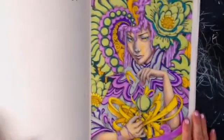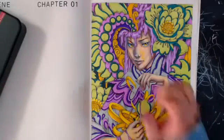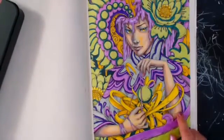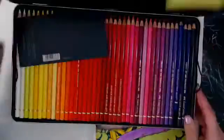So what I'm going to do is start shading, and I've already started shading a little bit of blue around her eyes, but that's pretty much it. Maybe a little bit on the edge of her skin here. I got a little bit of a gray blue, and so I'm going to be playing with the Polychromo set